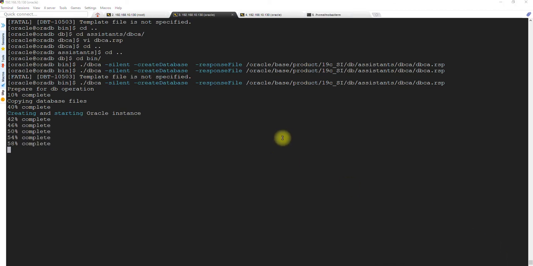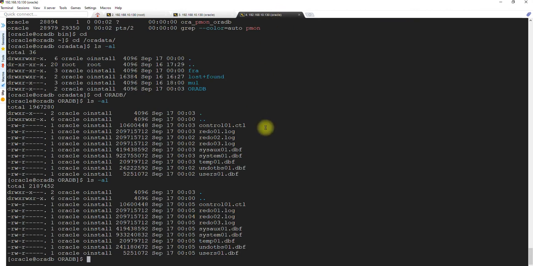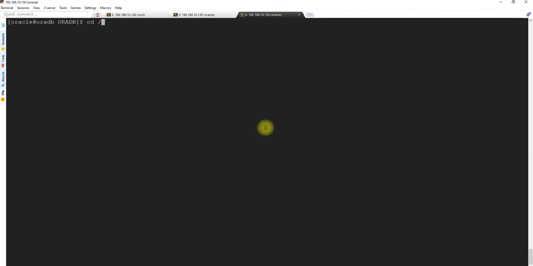So for installing the listener as well, there is a configuration file, there is a response file as well. Let's check the response file. Let me close this. Let's go to the specific location, cd /oracle base product, under the assistants, same location. I think netca, and then list it.